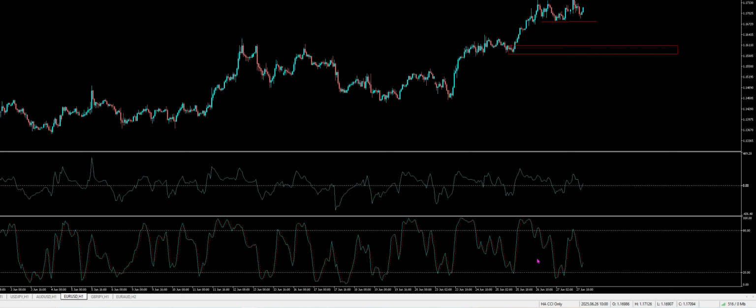I would not use the settings I had on futures. I had it at 5, 3, 3. That's way too fast on Forex. You'll get so many false signals, it's not even funny, even ones that come into these extreme zones. So in Forex, if you're going to use stochastic, I would keep it on default settings 14, 3, 3 and only take